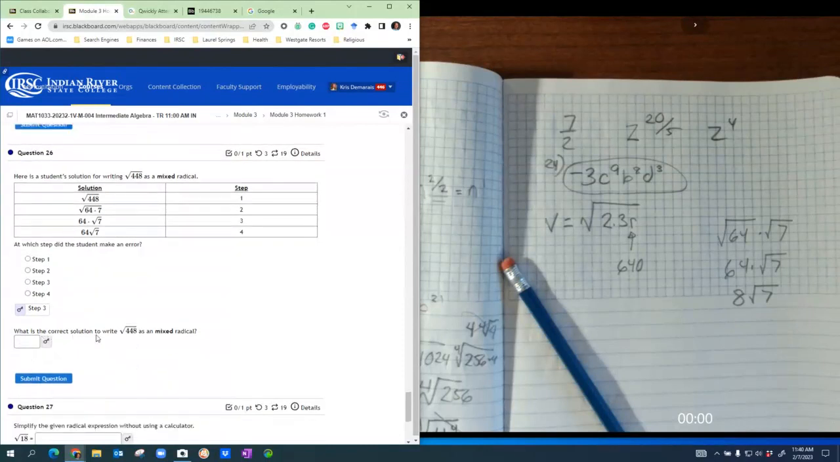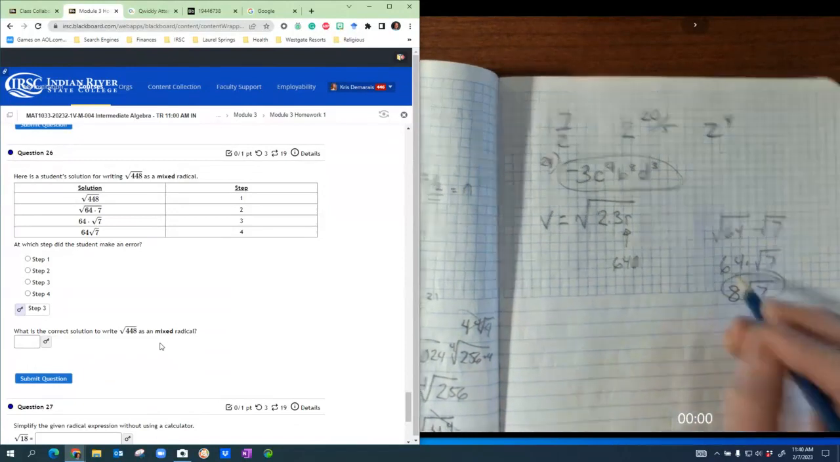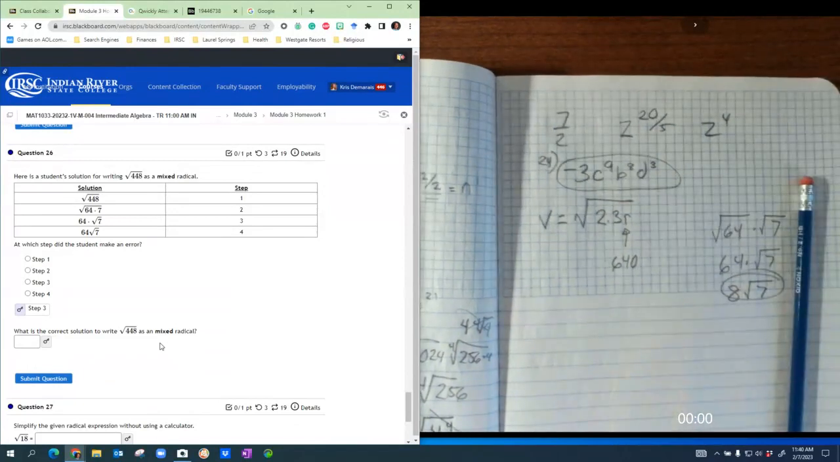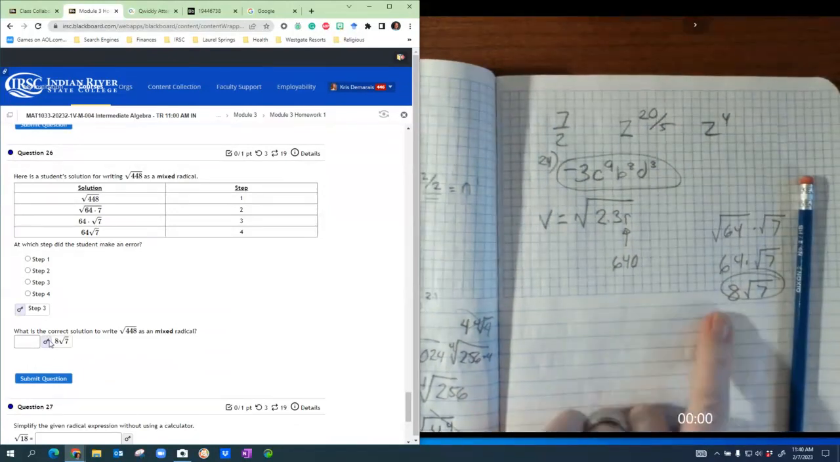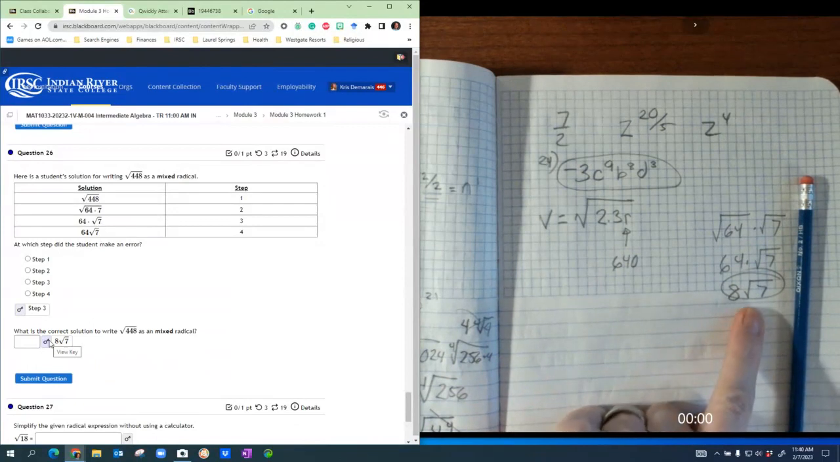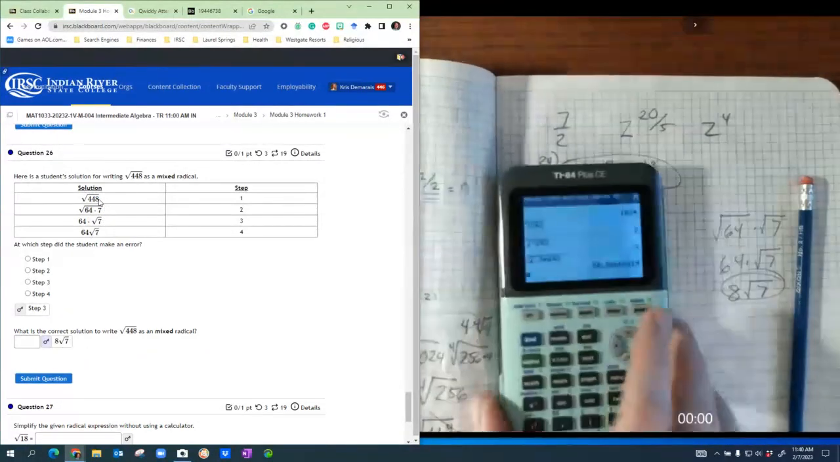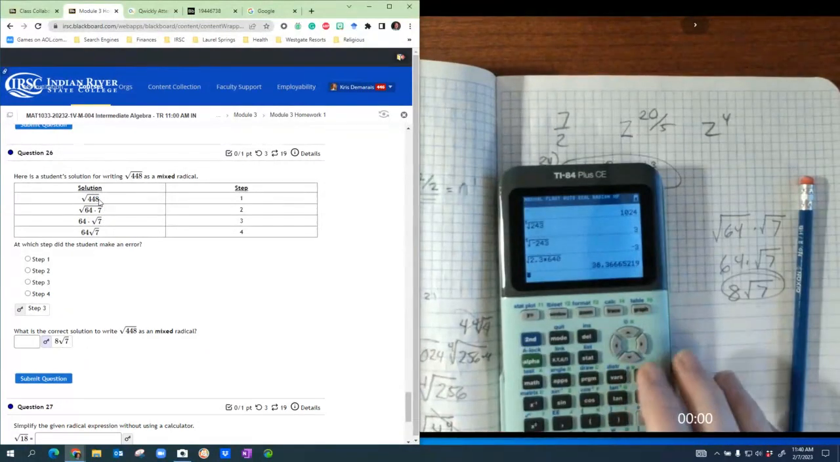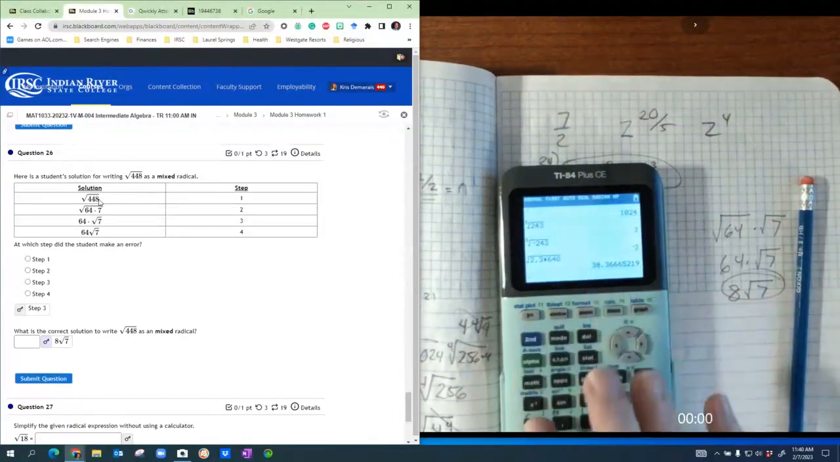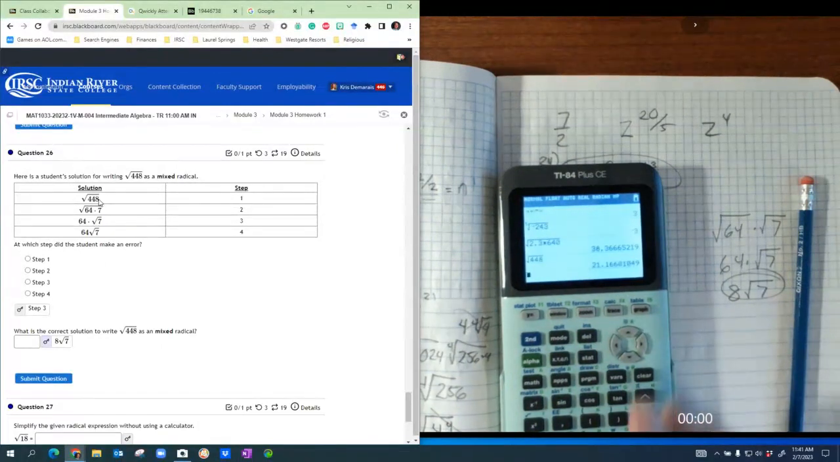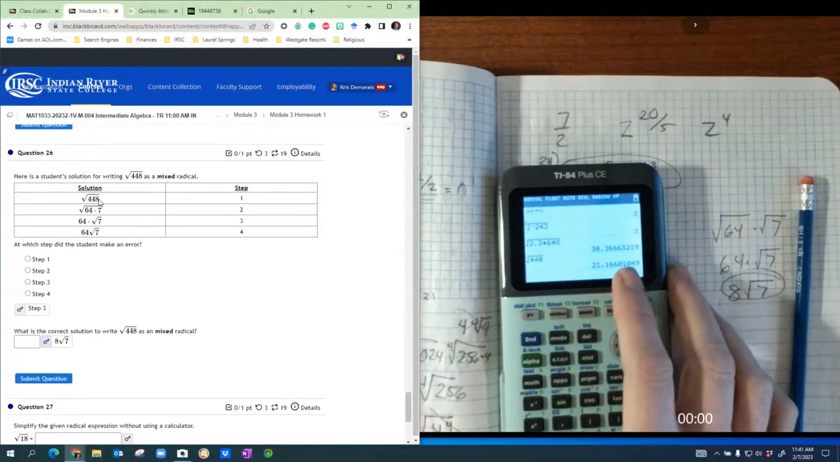Now, what is the correct solution for this as a mixed radical? So this is the answer we're looking for. As a mixed radical, we can't take the square root of 7, so this student already helped us with that. Now, students, I want to tell you something. What I tell students when you get into a radical system, like the square root of 448, and you don't come up with a perfect square,